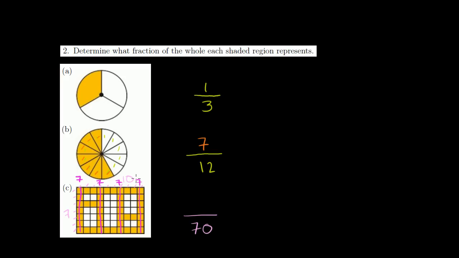So let me add this up. So far I have 28. That's 7 times 4. 28 plus, let's see, I have 2, 2, 2, 2, 2, 2, 2, and 2. So how many 2's are there? That's 1, 2, 3, 4, 5, 6, 7, 8 2's. So that's 8 times 2. That's 16. So 28 plus 16, 28 plus 10 is 38, plus another 6 is 44. So we have 44 of the 70